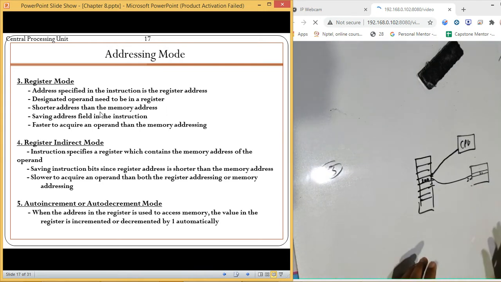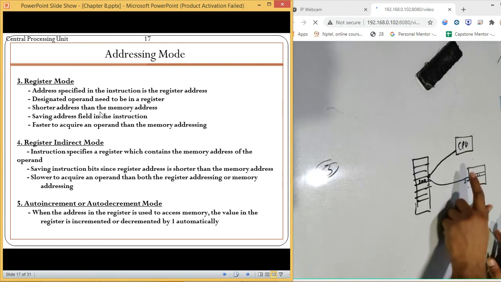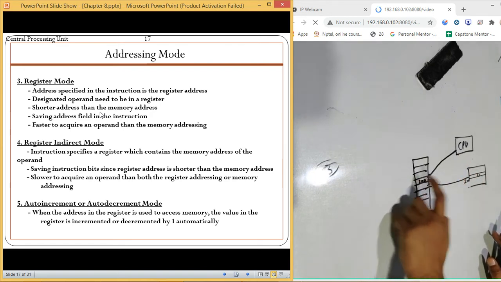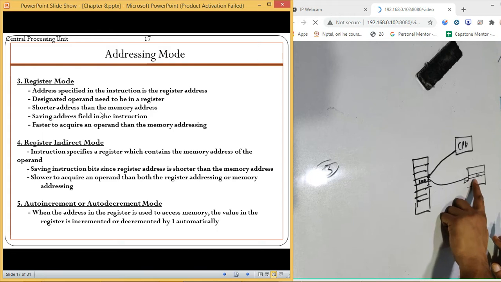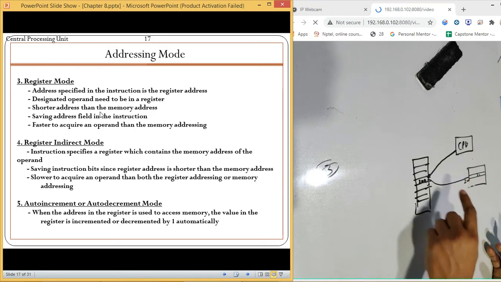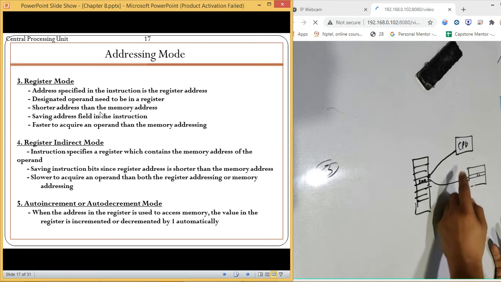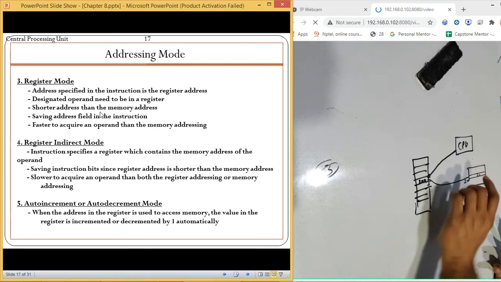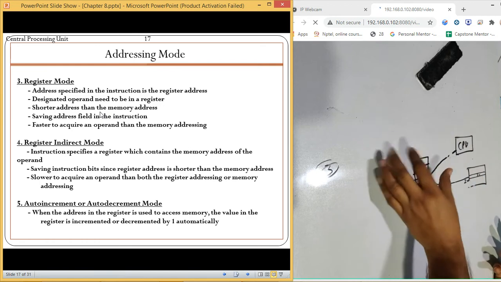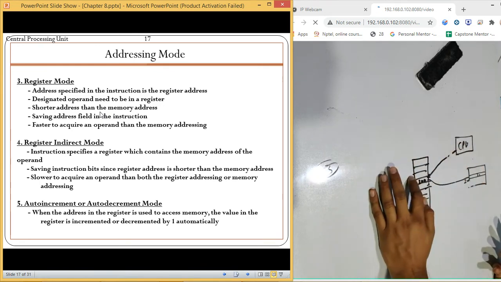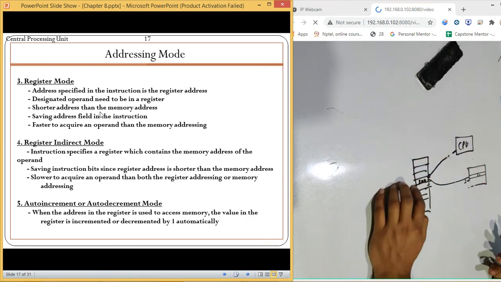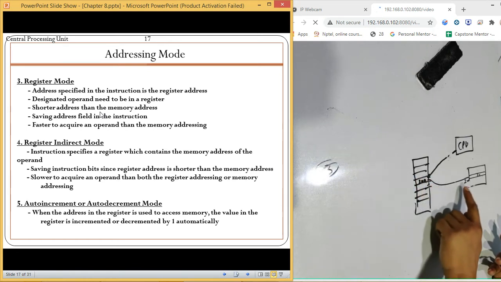So this is the process. Firstly, the CPU moves to the register, gets the value from the register, and then accesses the actual operand. So it is relatively slow, because the CPU needs to first access the register, then access the memory. So it is always advisable to either use a direct memory address, which saves the time of going to the register and getting the data, or directly put the operand in the register, so that we don't need to refer to memory.